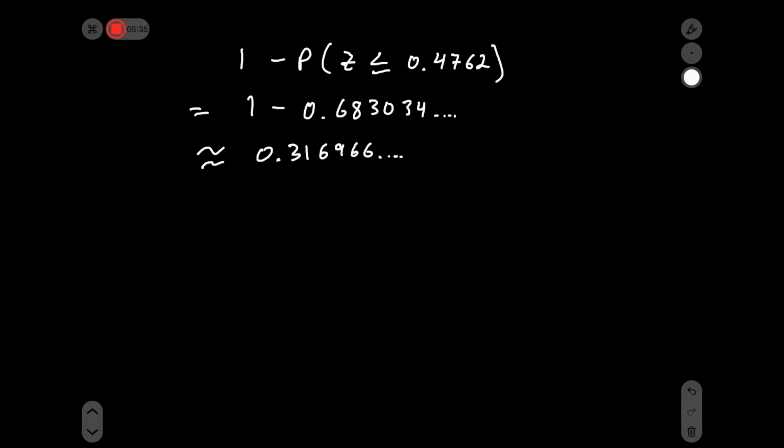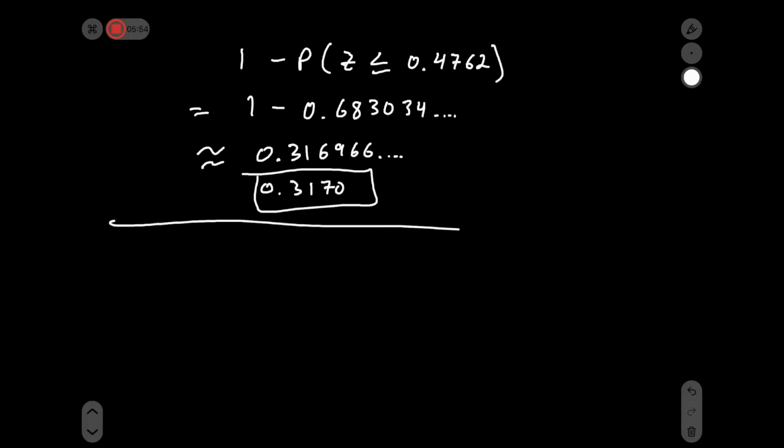That's from a calculator, but you'll get something pretty close to that using the z-scores from the table. So if you put something like 0.3170 as your answer, or something very close to that, then you'd get full credit for this part of the